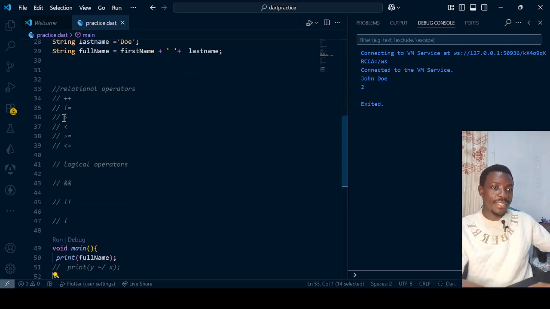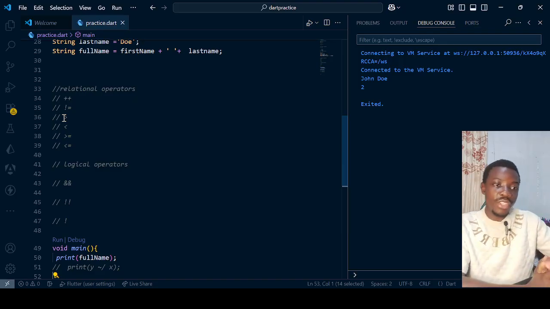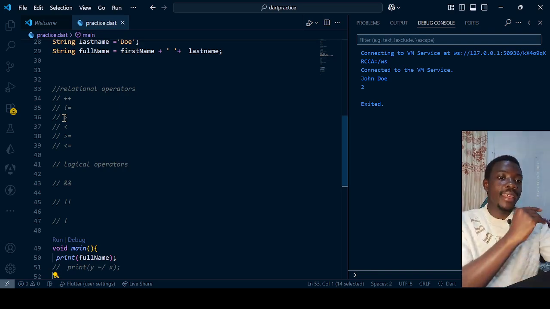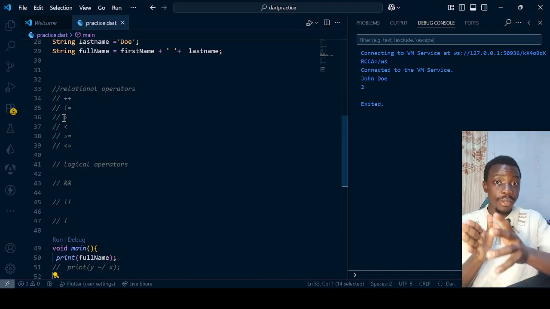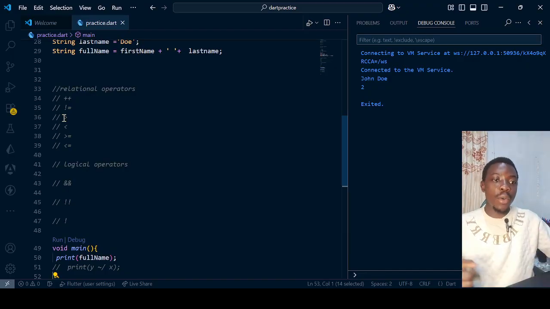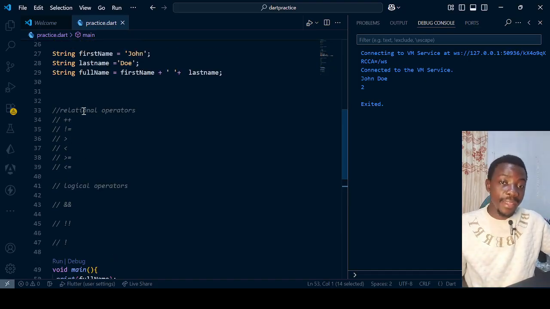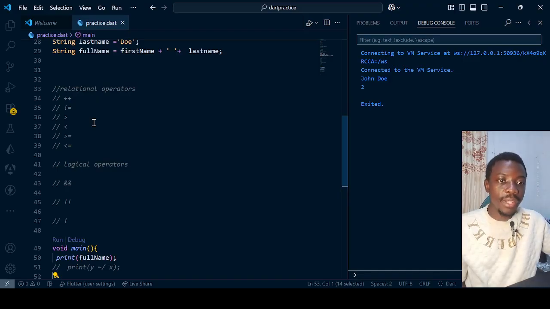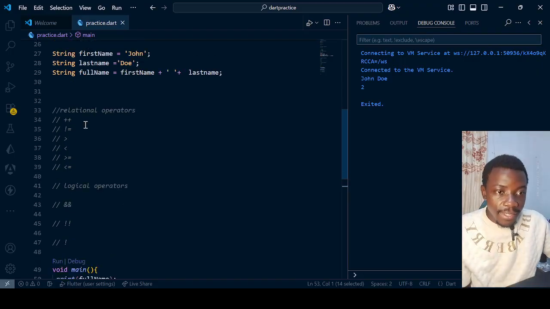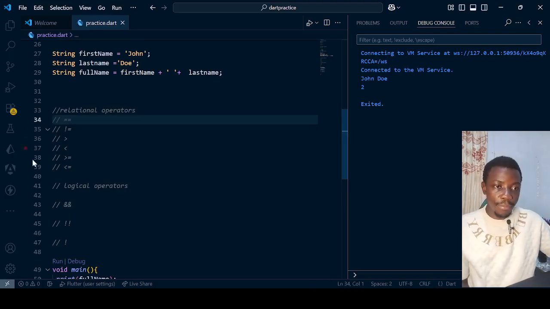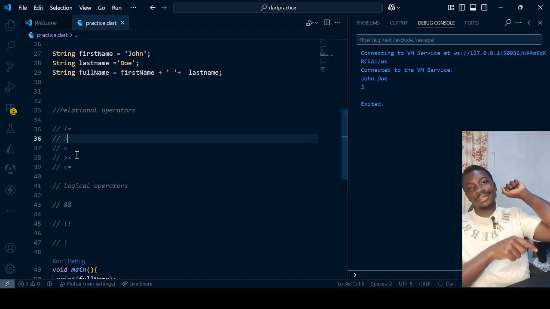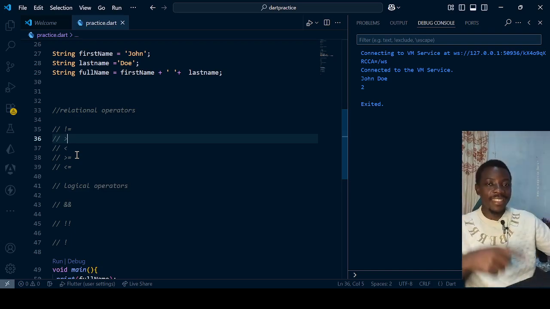Then the next operators are the relational operators. Relational operators are the ones that take two variables and see how one relates to the other. It can be two or more, but basically it's how you relate one to the other. For example, our first variable, let's say this is the right angle bracket. It's supposed to look something like this. Yes, this is the